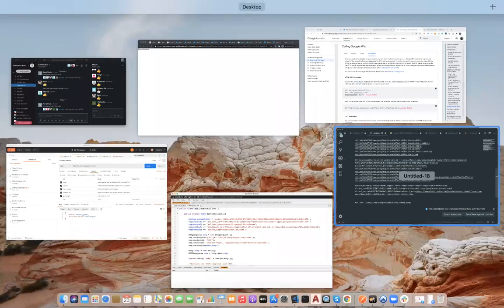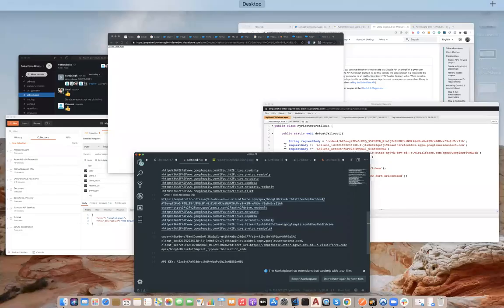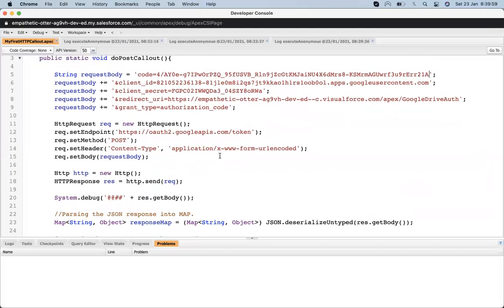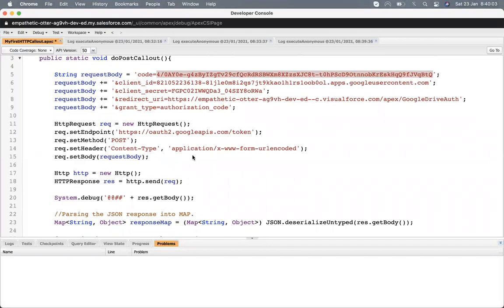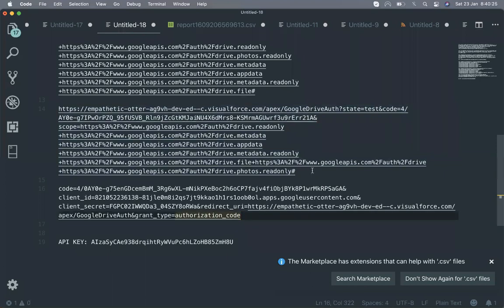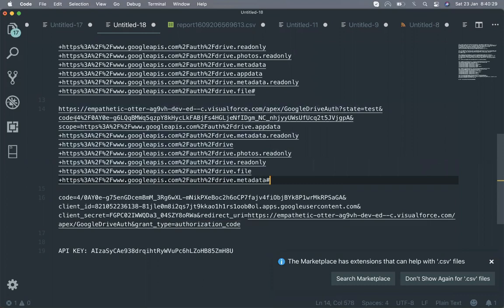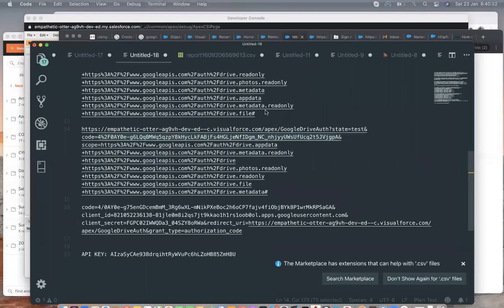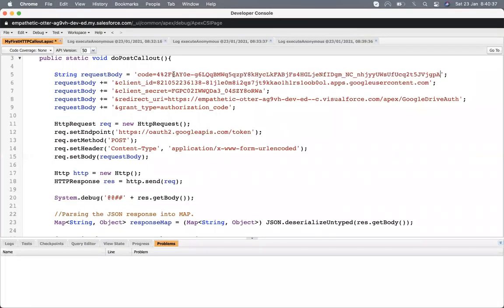It is this wrong code. Okay, let's regenerate.